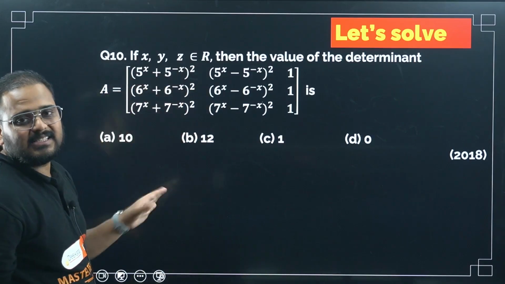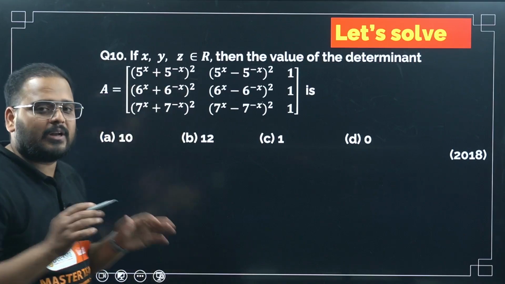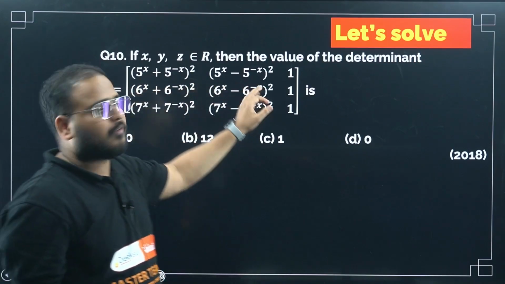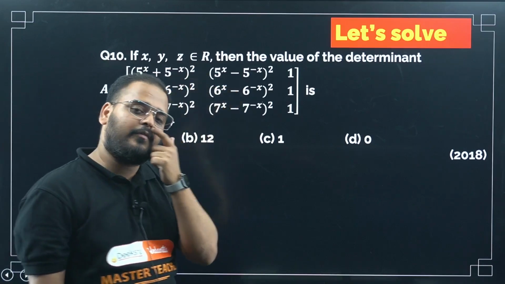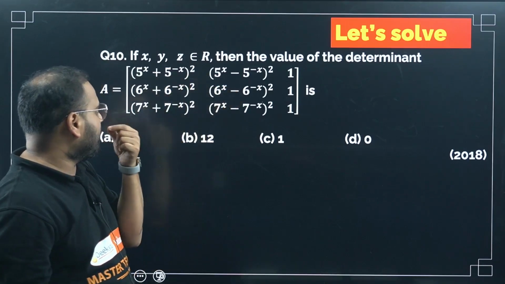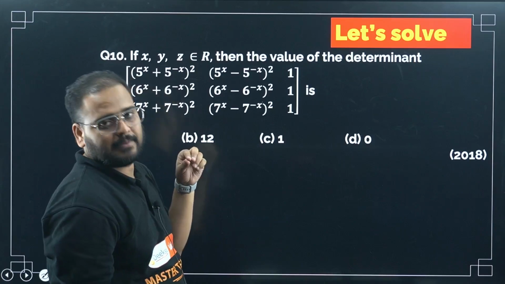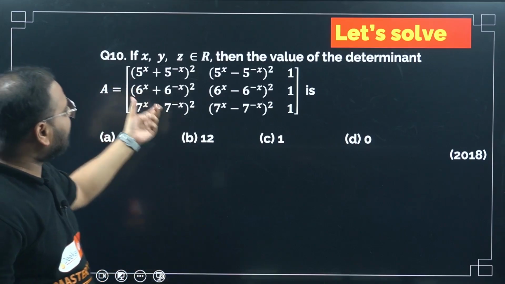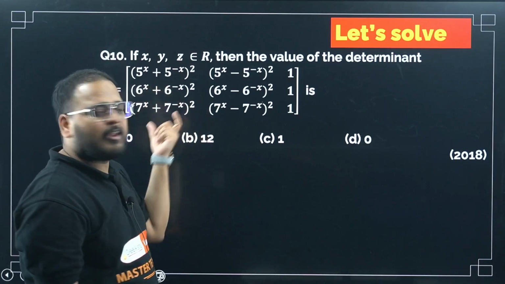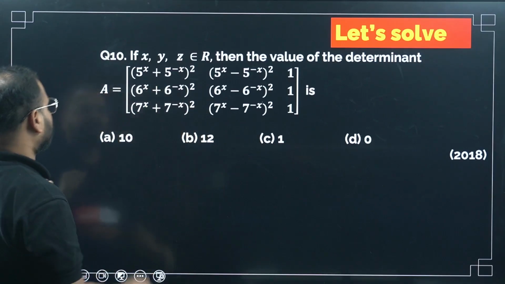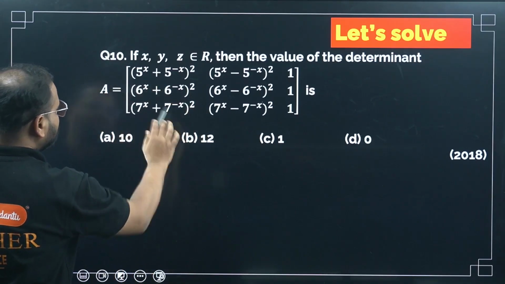But what any math student can see is that the a plus b the whole square formula is there everywhere, and the terms are similar, meaning if I do some modification in the columns and rows, my answer would come. Again, this might be out of syllabus, but I wanted you to do it because it is a very good question and the concepts are very nice. So check here. I can rewrite this statement as,